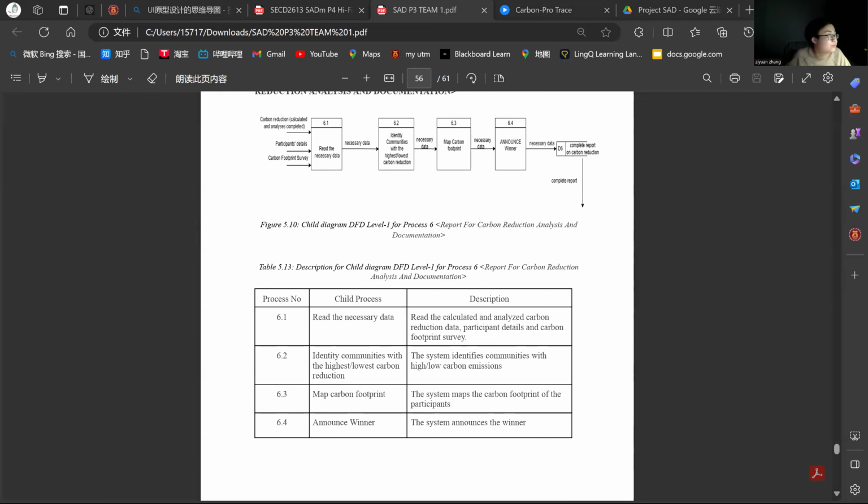The primary input is analyzed carbon reduction data, and the key output is the comprehensive report, serving as the feedback mechanism and a source of information for ongoing and future initiatives. In essence, this DFD boasts overarching